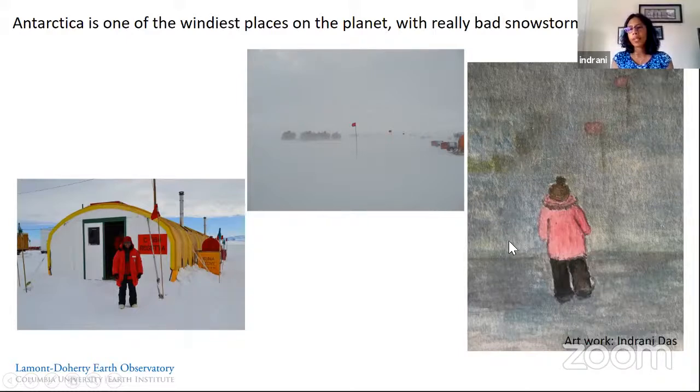This is one of my artwork. And I work on blowing snow, so I like this kind of weather. I like to just stand outside when it is relatively safe to do so. And I like to ponder about the early explorers. Now everything is so easy, everything is mapped, but in those days when nothing was mapped, they would have faced so many challenges in navigating, not knowing where they're going.